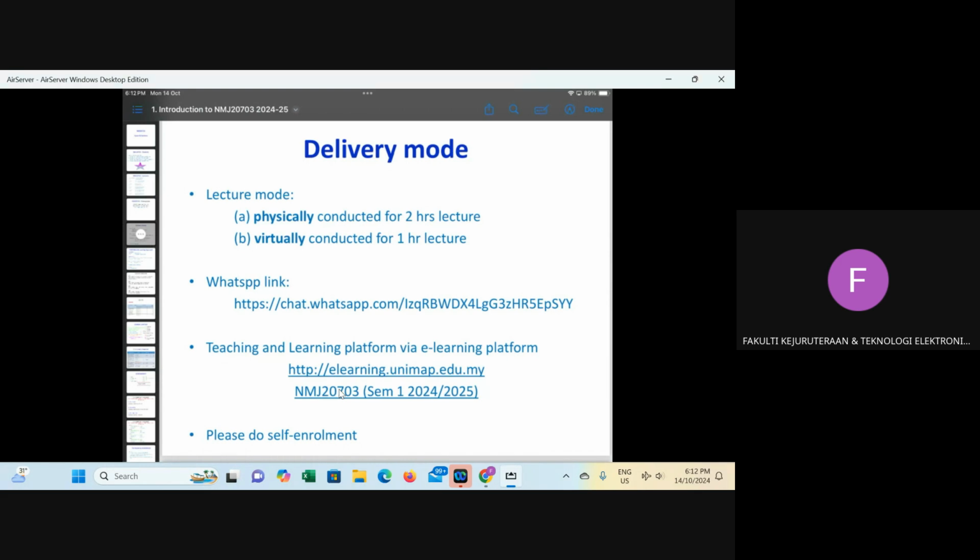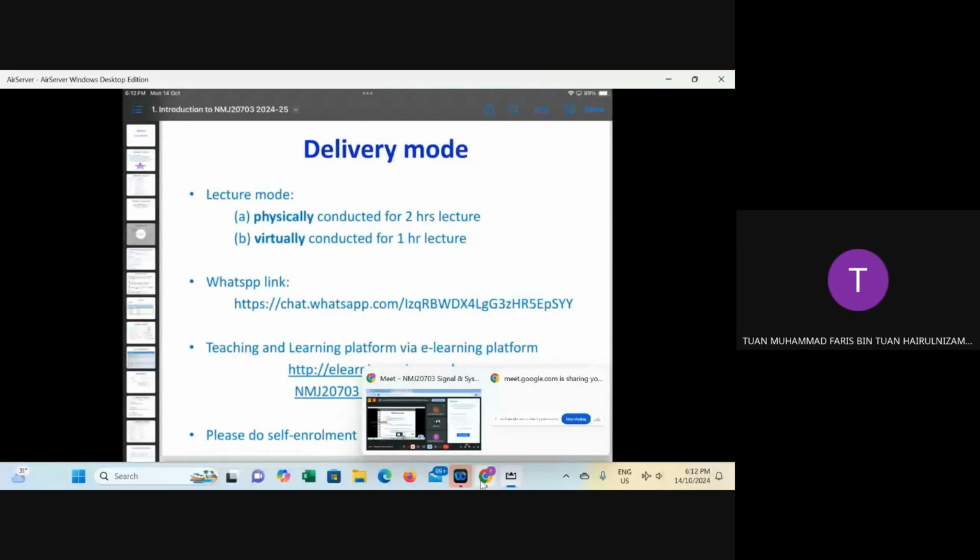Can you check that for me? There are 2 slides for today. The first one is this slide. Not yet? Not there? Oh, it's there. There's a small folder there, I think under the first part.